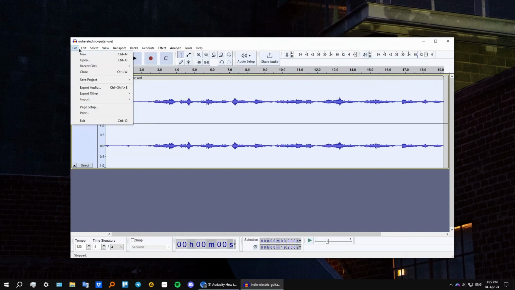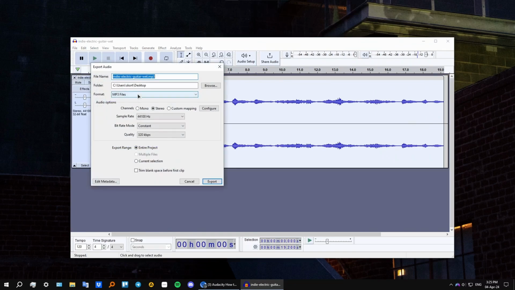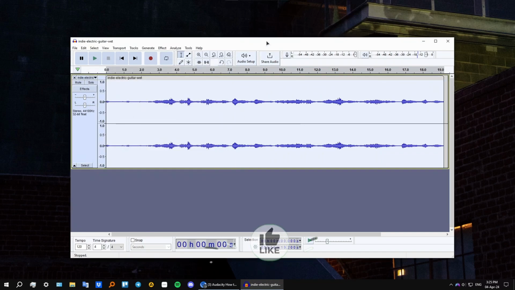Alright, and when you're done you can just go to File, Export Audio. From here you want to choose your file name, where to save the file, you can choose the format, you can choose the audio options as well for the quality, and then click Export File. So this is how you successfully remove echo from your audio